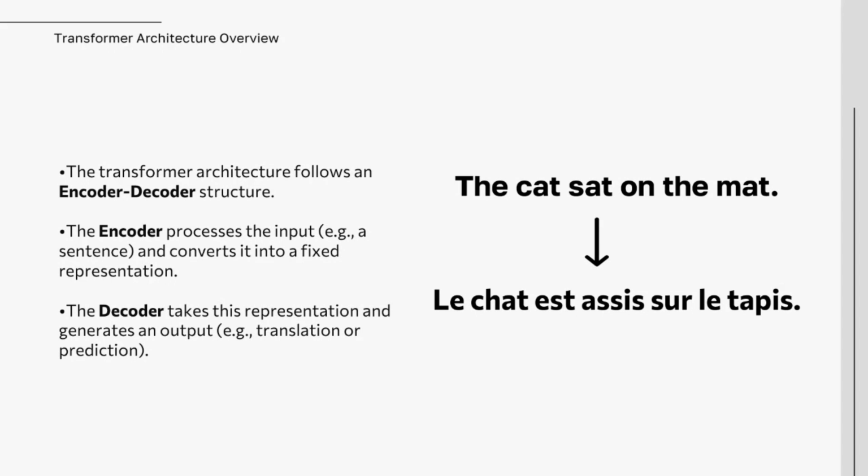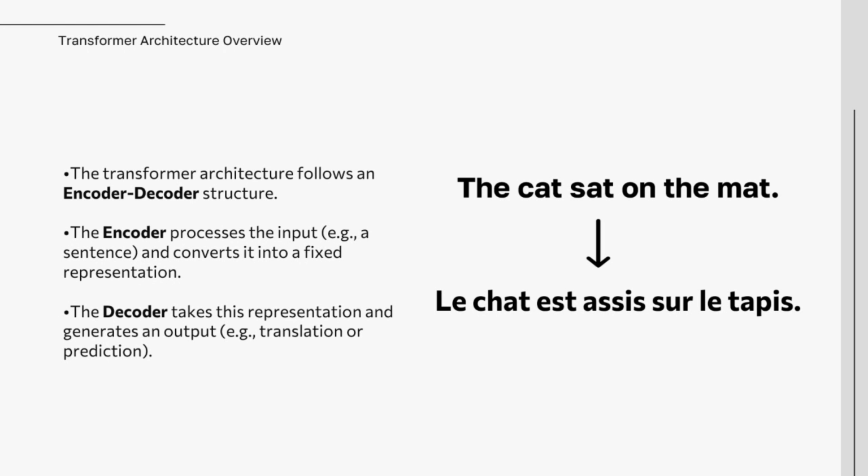Again, what's crucial here is the self-attention mechanism, which allows the decoder to look at the entire encoded message and determine which parts are most important for generating the next word in the translation. But the decoder also uses encoder-decoder attention, which means it looks back at the original input, the encoded message, and decides which part of the input is most relevant for generating the next output. When predicting chat, which is French for cat, the decoder attends to cat in the input to make sure the translation makes sense. This powerful two-part process, encoding and then decoding with attention, makes transformers highly effective at understanding and